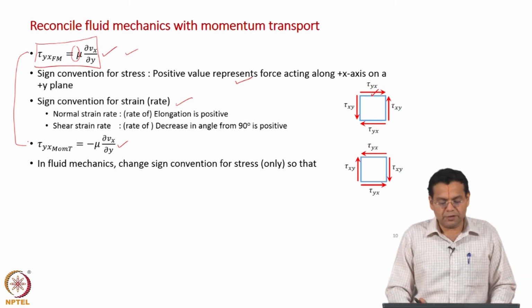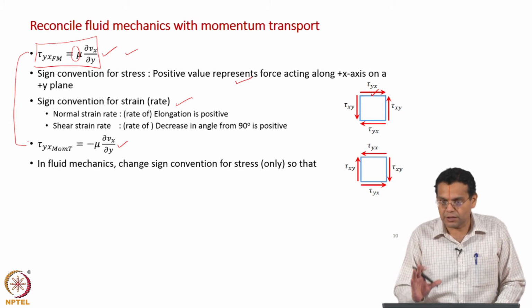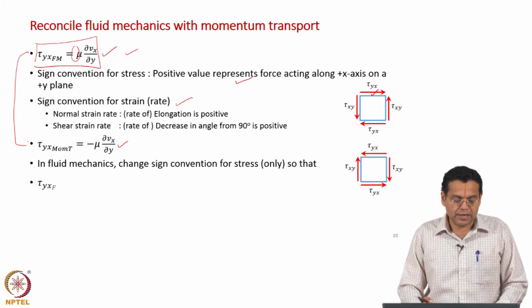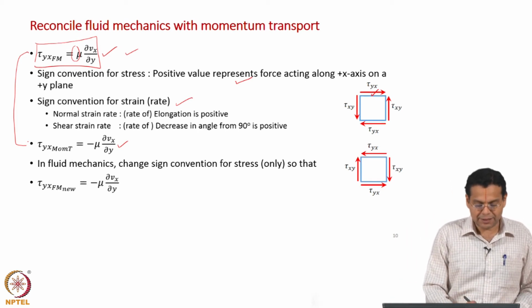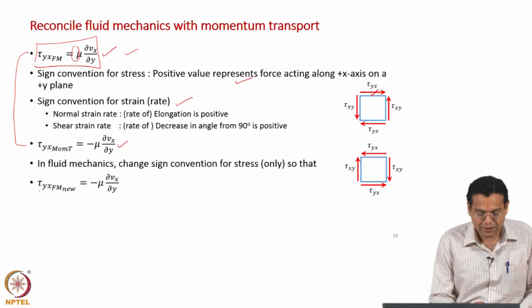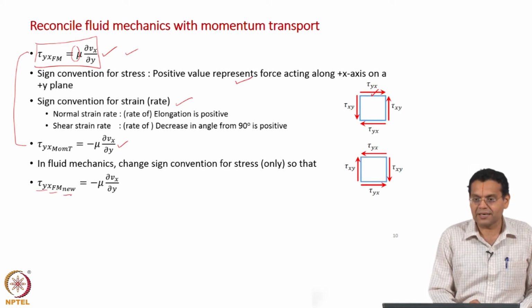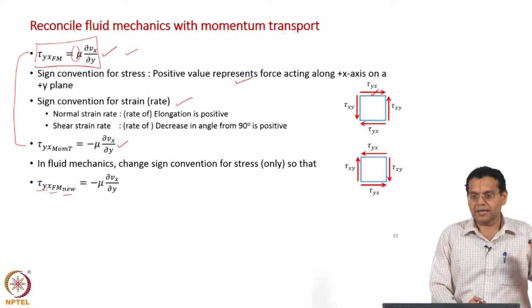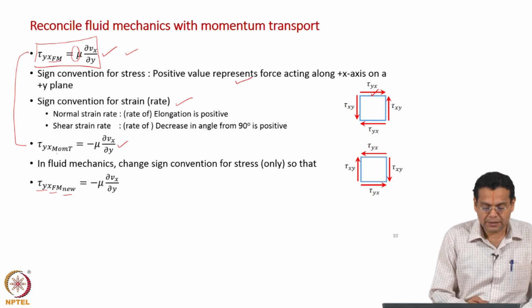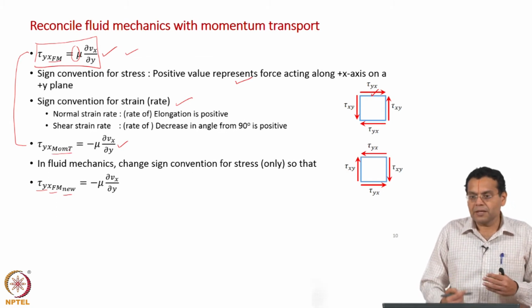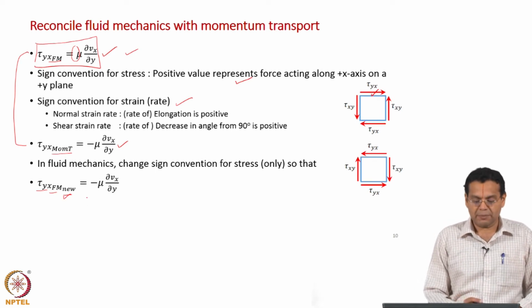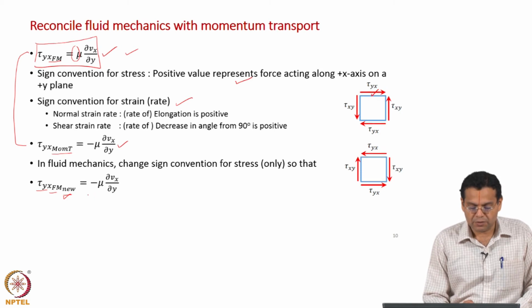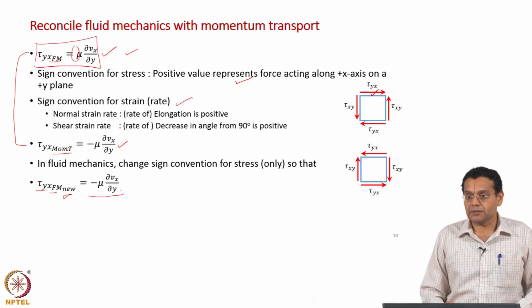Okay. So what do we do in fluid mechanics? Change the sign convention of stress only, so that we get tau x fluid mechanics new. Now look, more and more subscripts are there. You have tau x and Fm, the new. So far we have done tau x, because we are discussing fluid mechanics and momentum transport, we introduce Fm and then momentum transport, but within Fm we have an old sign convention and a new sign convention, that is why it is new. Okay. So nomenclature is very clear, and then what happens? Minus nu dou v x by dou y.